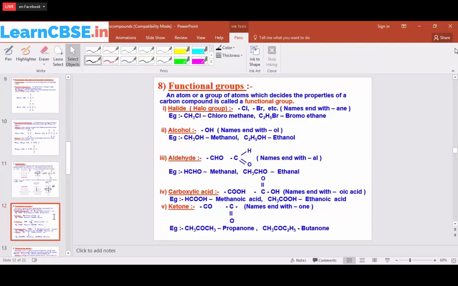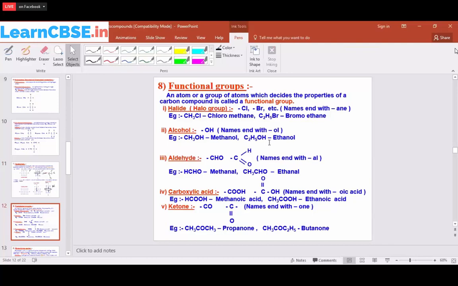So the next one is the functional group. What is meant by the functional group? In hydrocarbons, we have only carbon and hydrogen atoms, so we can use these hydrocarbons only for burning purposes. So what we are going to do here is substitute, in the place